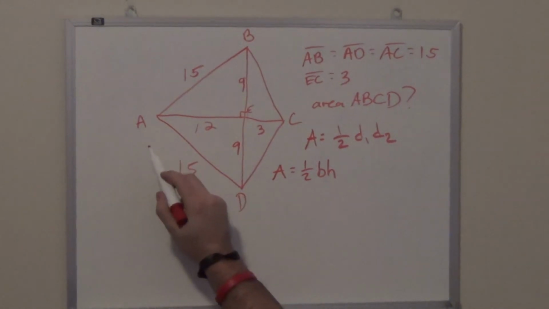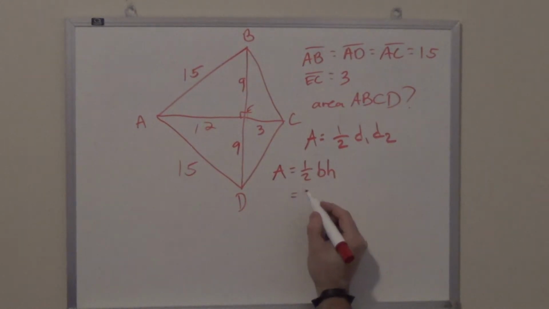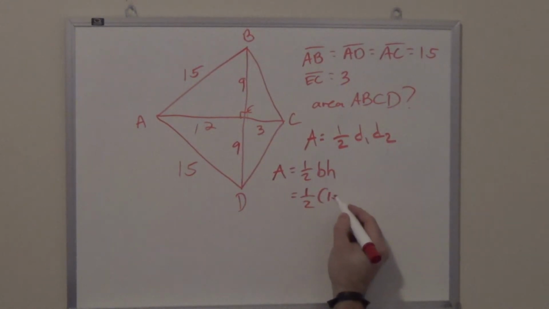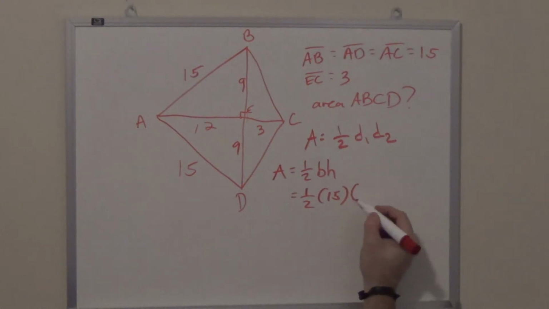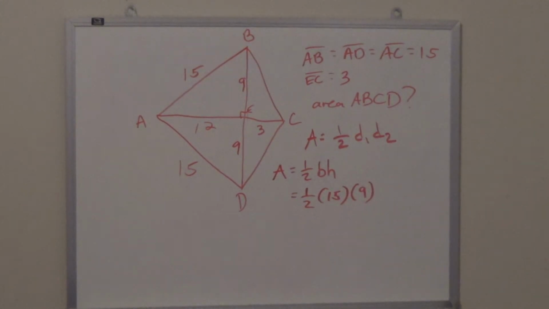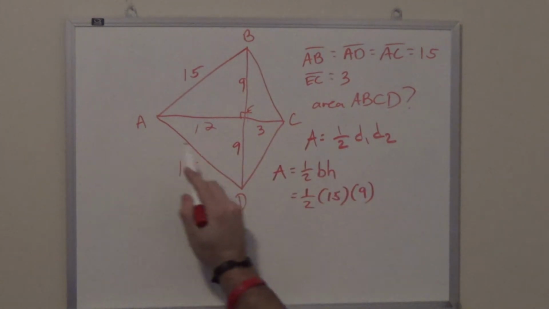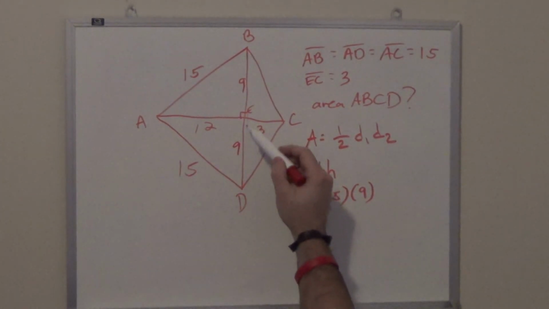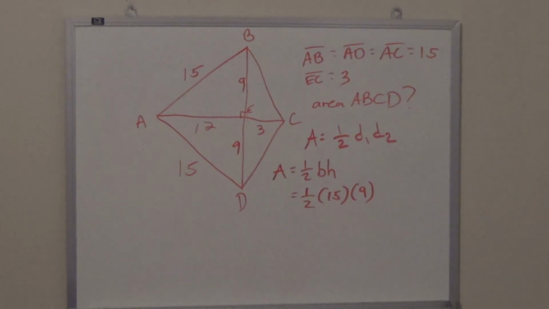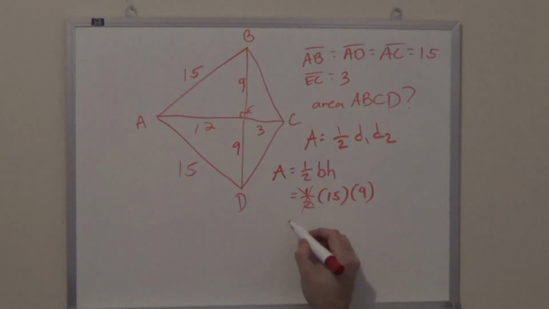Let's look at triangle ABC. The base is going to be 15, so it's 1/2 times 15, and the height is going to be 9. So that's that. This triangle would be the exact same thing. The base is 15, the height would be 9 if I flipped it. So I would just multiply that by 2, which would really just kill off the 1/2, and that